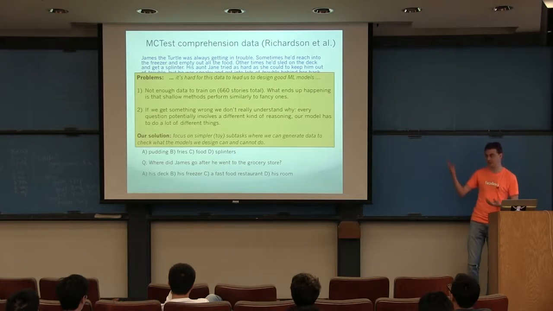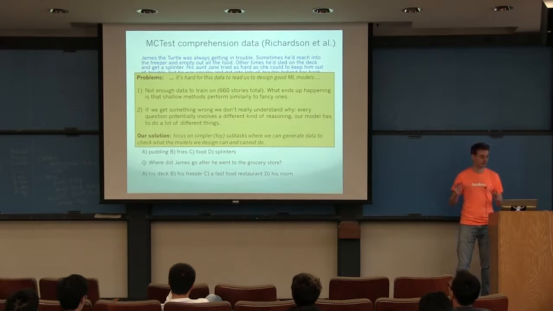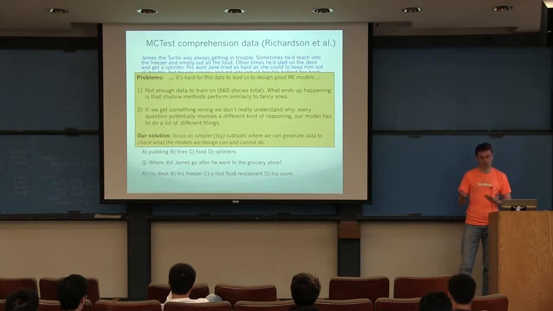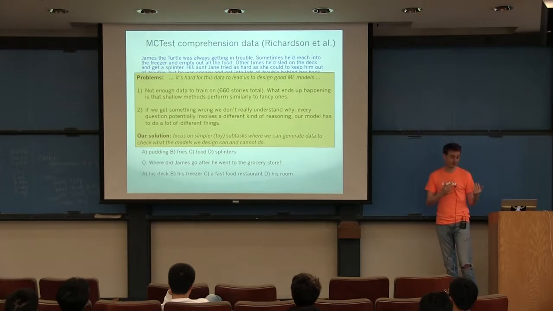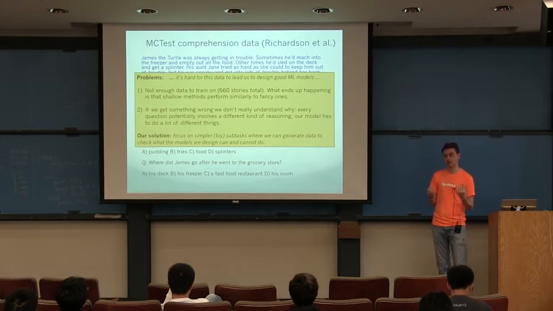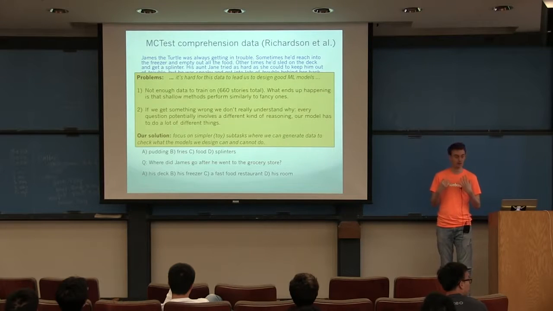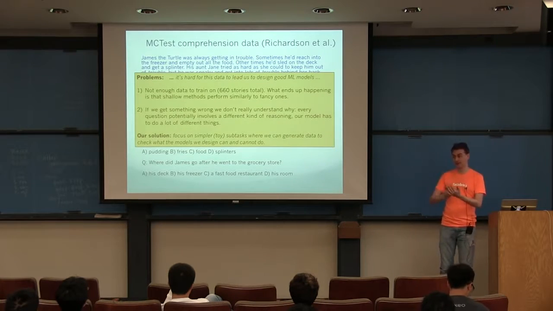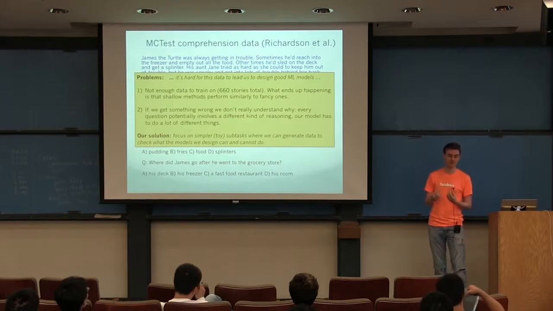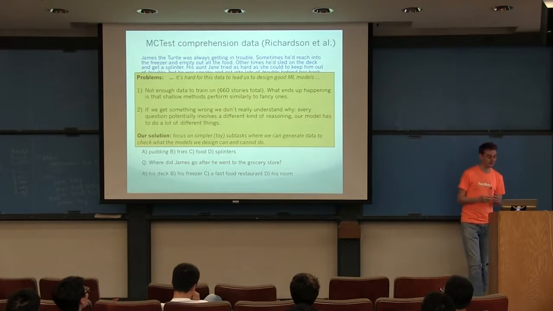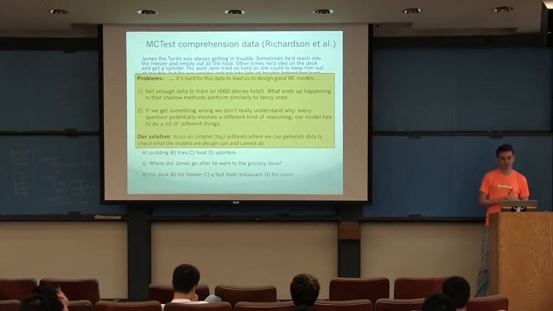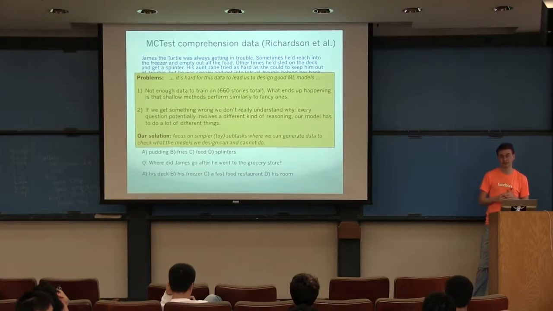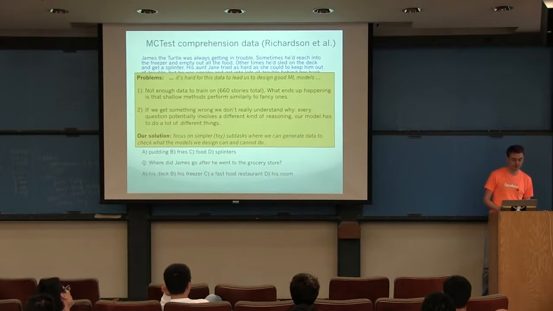And if you look at those stories, you can see that there's lots and lots of common sense reasoning that the network needs to learn to be able to answer these questions. Going back to ImageNet, we didn't really see good performance from neural networks relative to other models until we had millions of training examples, right? So there's a lack of data in the question answering field right now.